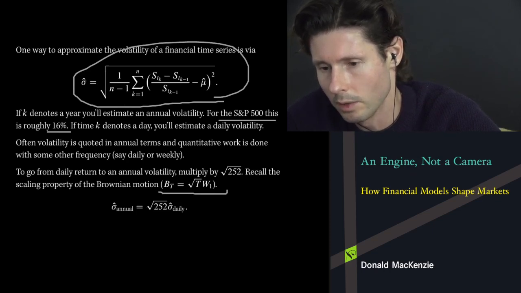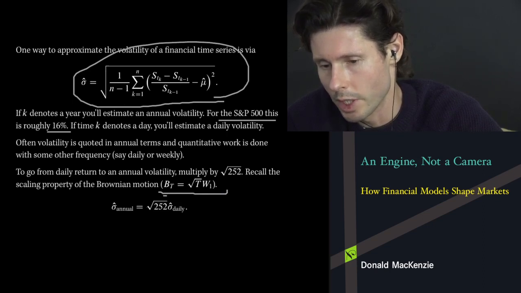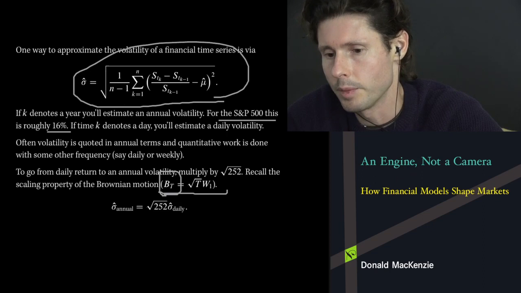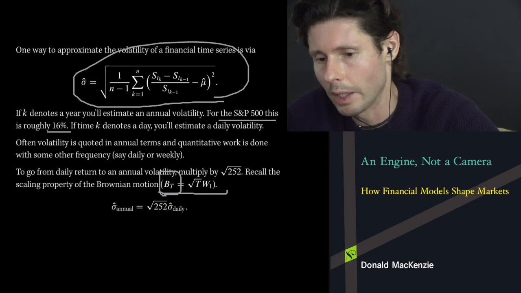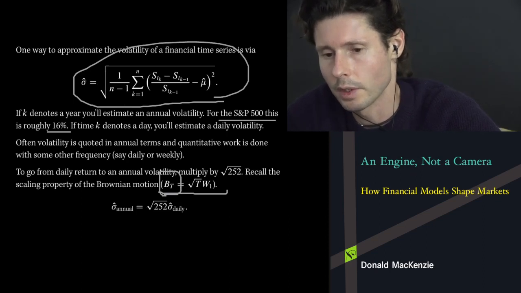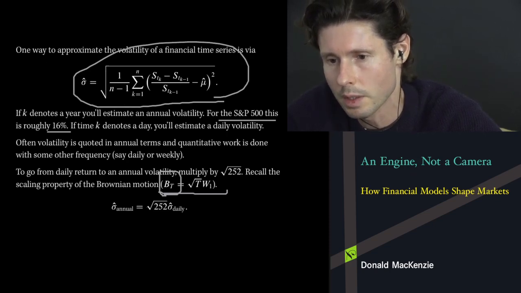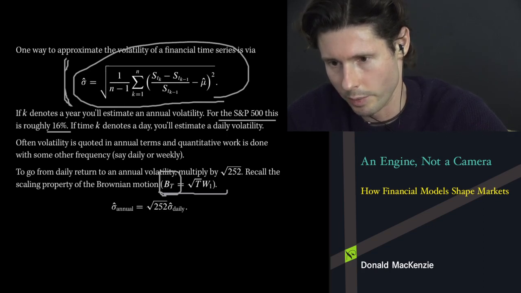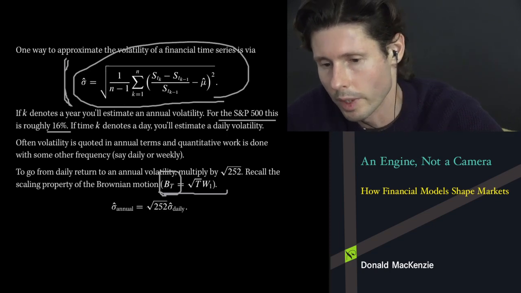If I scale the Brownian motion W by the square root of t, I would get the realization of another Brownian motion at time t. And so this again covers conversion from daily to annualized volatility. So again, you often quote things in annualized terms and very frequently work in higher frequencies. So if you were to, for example, estimate the annualized volatility using yearly data, the S&P 500 has only been around for maybe 100 years, so you get 100 data points to work with.